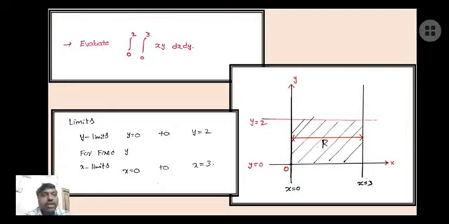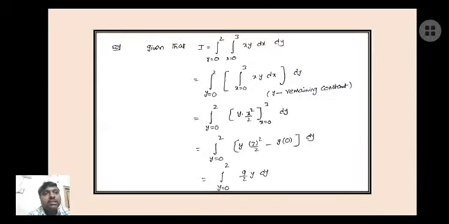For a fixed y, x varies from lower to upper. So for a fixed y, the x limits are x equal to 0 and x equal to 3. Generally, it is a simple problem and they give the limits directly. So we need not write the limits once again and need not draw the diagram. Only simply calculate the problem.